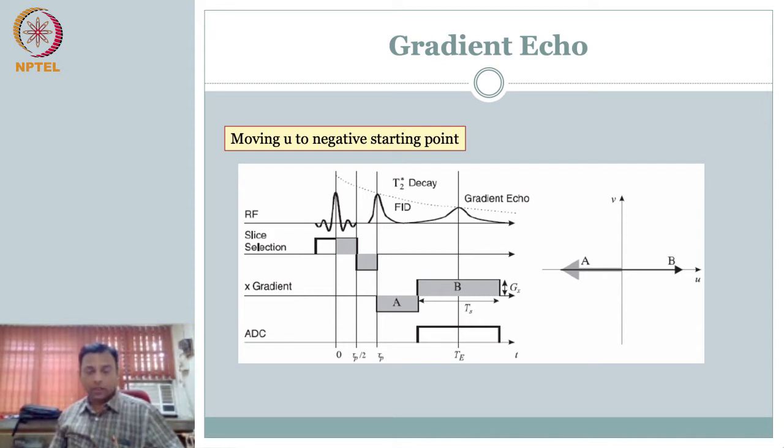So now what we want to cover is the second one, which is rectilinear, and in that if you have to do rectilinear scanning, you have to go to the negative axis. So we use the concept of gradient echo to show that we can go to the negative axis. What is still pending is how do you move along the v direction. In other words, we did z gradient, we have used x gradient. So we need to separate it out in the y direction, which transfers to the v direction here. How do we do that?